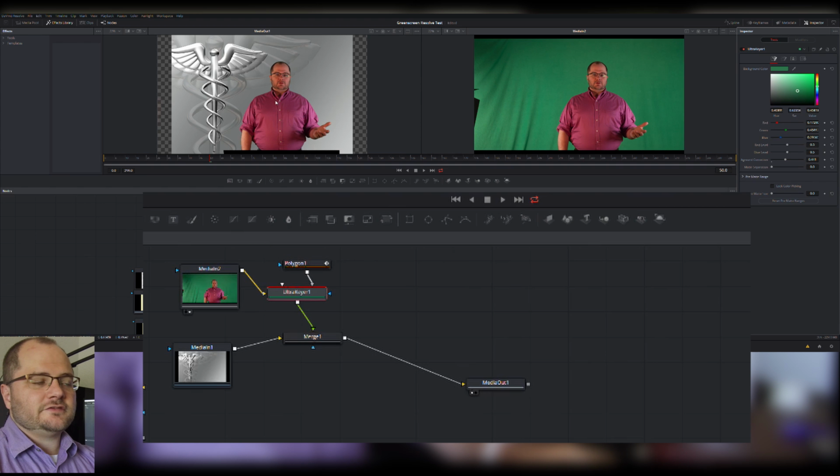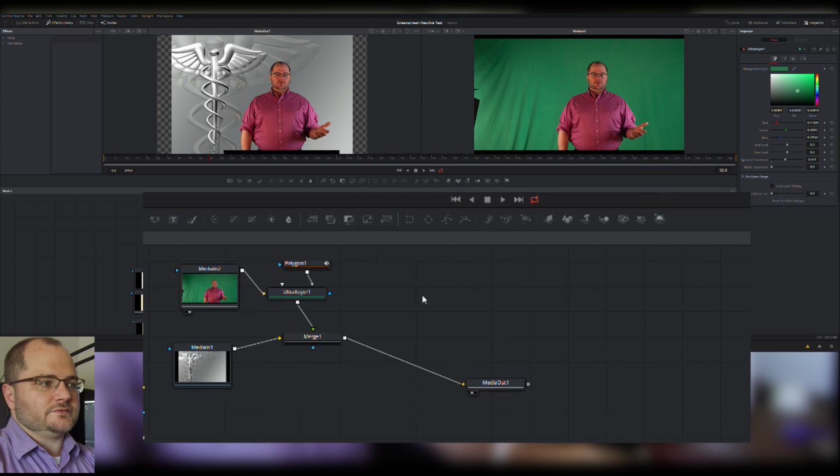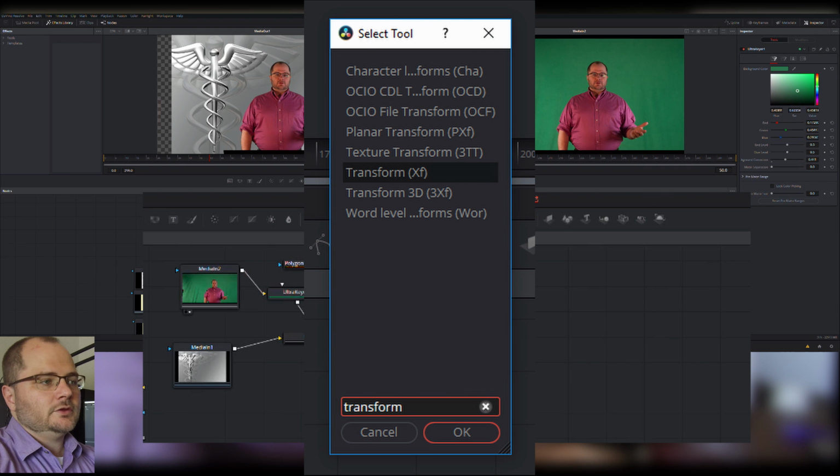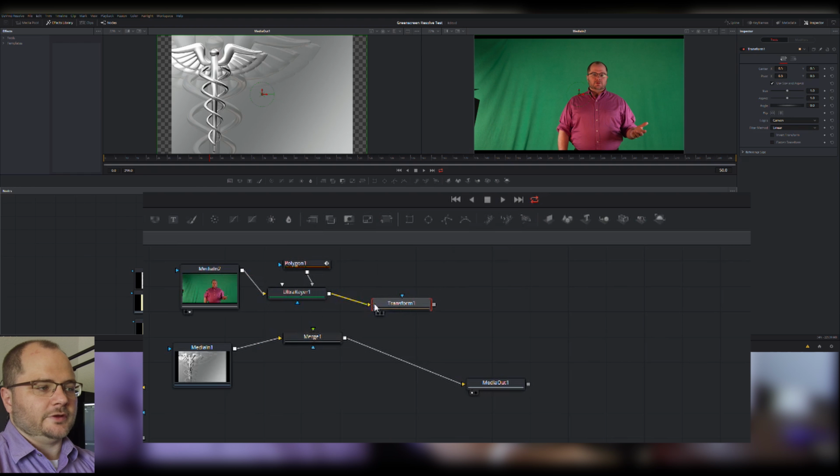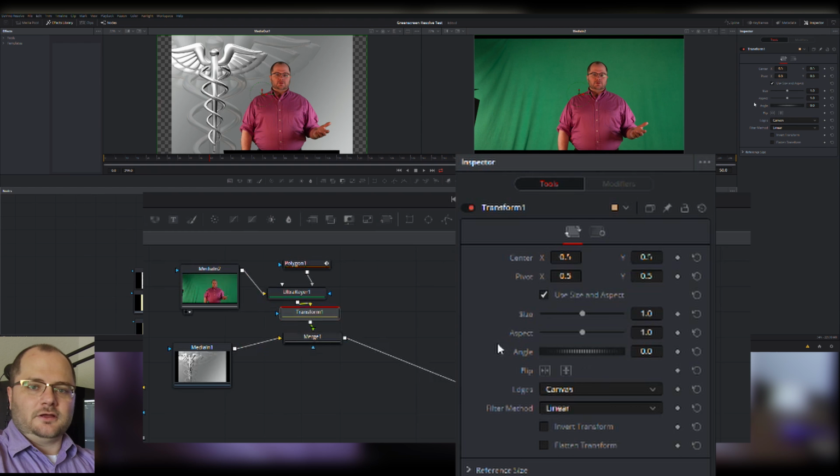And what I need to do is shift my footage down. To do that, I'm going to add a transform control. And we're going to be using a lot of transform controls. I'm going to take my Ultra Keyer output, put that into my transform control, take my transform control, pipe that into the foreground of my merge, and in transform controls, this is where in After Effects, when you go into layer properties, these are the properties that you find on, a lot of the properties that you find on